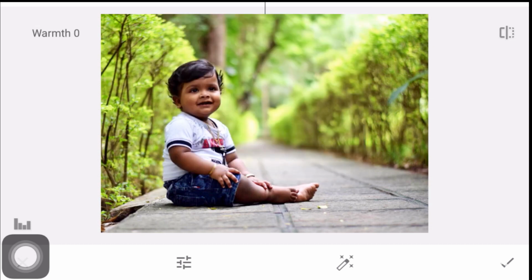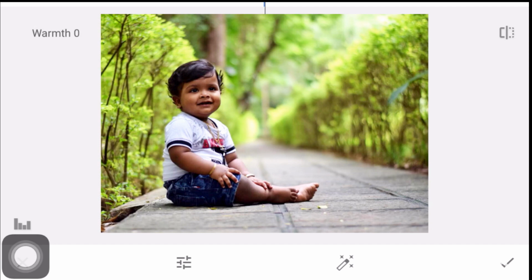And this is the warmth one. Using this we can increase the yellowishness or blueness of the image. If you increase this, it will go to the yellow side. If you reduce it, it goes more to the blue side. Okay, now let it be at 0.